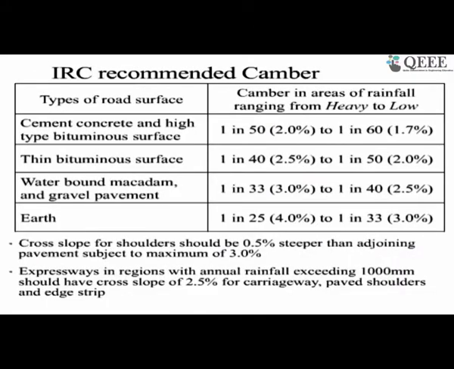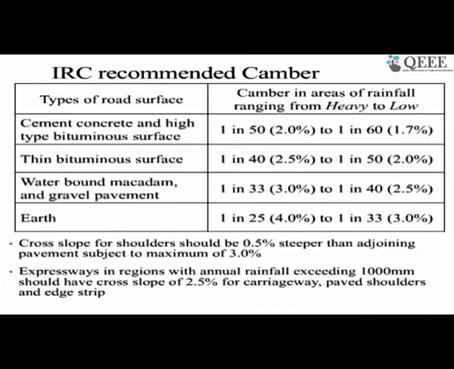Here, if you see the cement concrete pavement, which is quite impervious compared to bituminous pavement, the water can easily run off or drain off, and it is not going to penetrate the pavement and damage it to the extent it can do to the bituminous pavement. So in the case of cement concrete pavement, we provide a milder cross slope or camber,